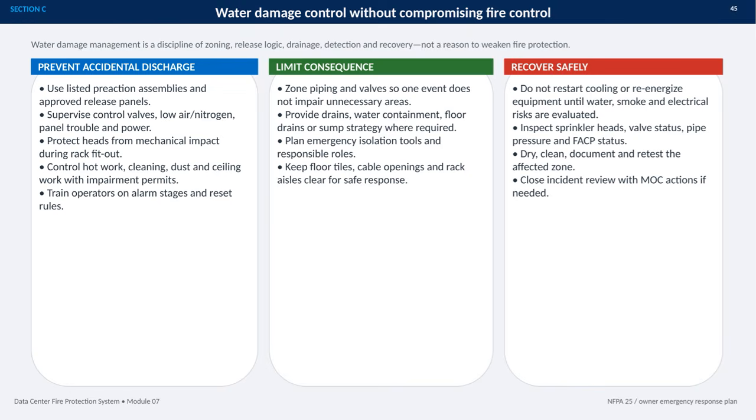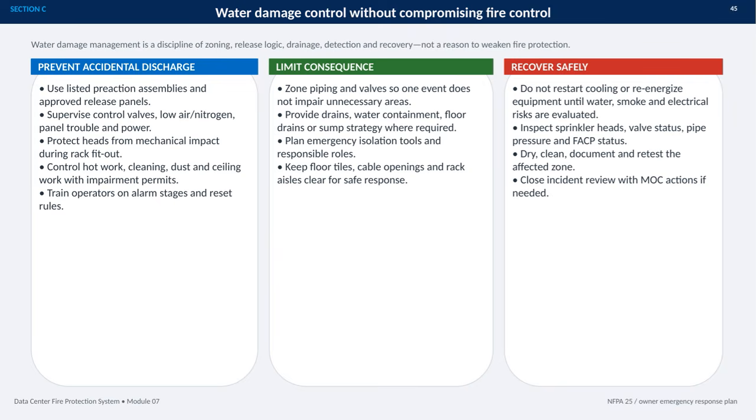troubles, and power. During fit-out, protect sprinkler heads from impact. Also control hot work, cleaning, dust, and sealing work through impairment permits, while training operators on alarm stages and reset rules. Next, limit the consequence. Zone piping and valves so one incident does not affect unnecessary areas. Plan drainage or containment, identify emergency isolation tools and responsible roles, and keep floor tiles, cable openings, and rack aisles